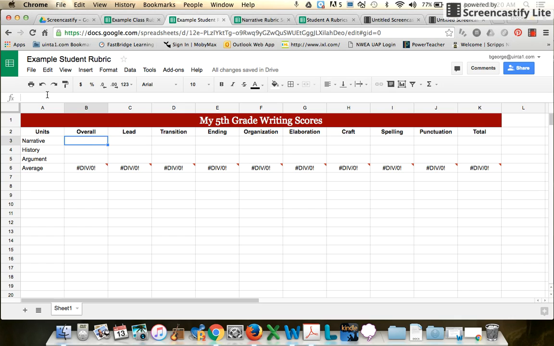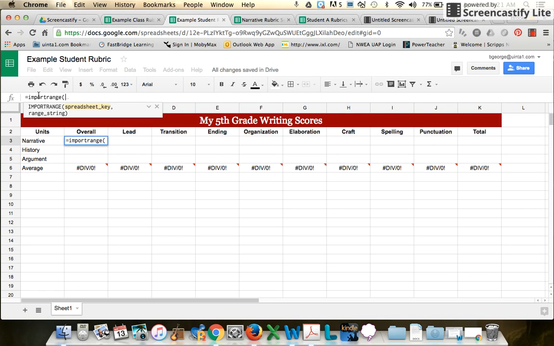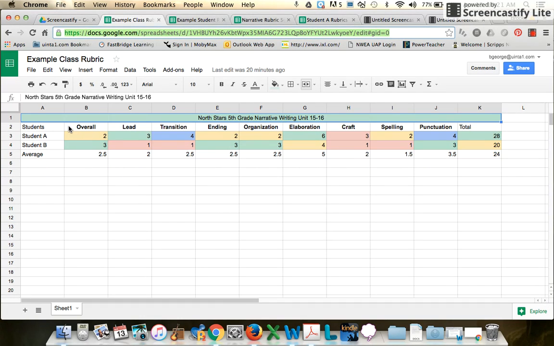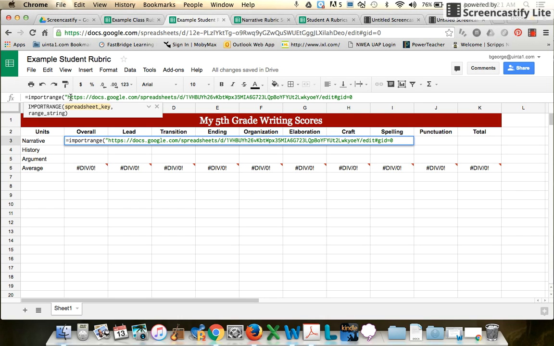So we're going to highlight this cell and we're going to put the equal sign. We're going to type the word import range all together, put an open parentheses. We're going to put a quotation mark at that point, and then we're going to come back to our example class rubric here where we put all of it, and we're going to highlight and take this URL, Command-C, copy it, and then return to our student sheet, and after the quotation mark, go Command-V, as in Victor, to paste it,